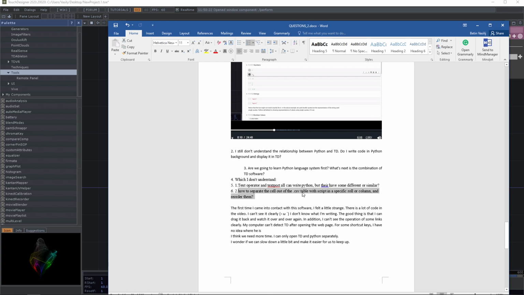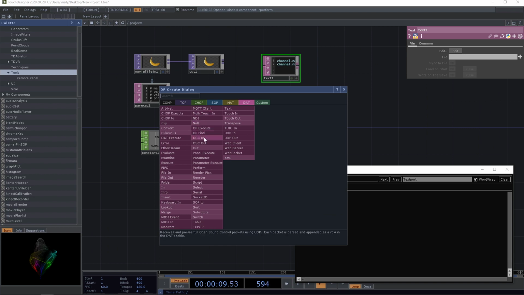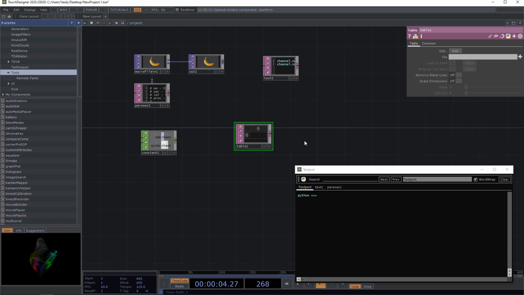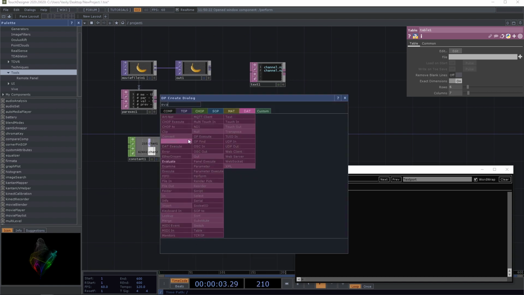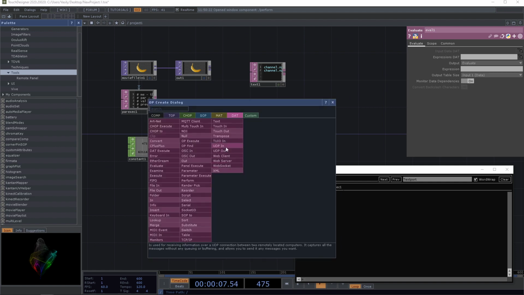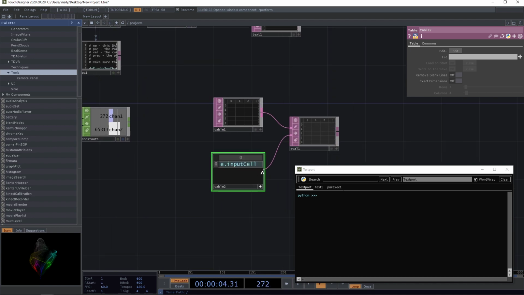How to separate the cell code of a CSV table with scripts in a specific row or column and reorder them. Okay, you have a table, right? And the table, let's say, has, I can do evaluate, and I can do another table, and here as I did run, I think like this. No. Input cell age,